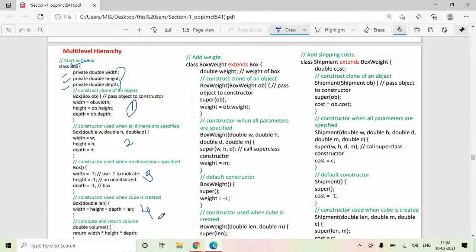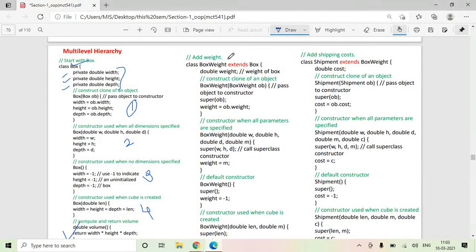We are having 4 constructors for this class box, as we have seen these 4 constructors in our earlier program. And there is a volume function which calculates the volume and returns the volume. So this is your normal base class, that is box.